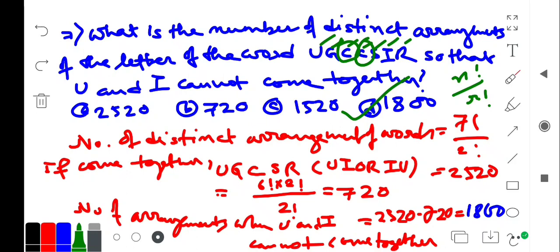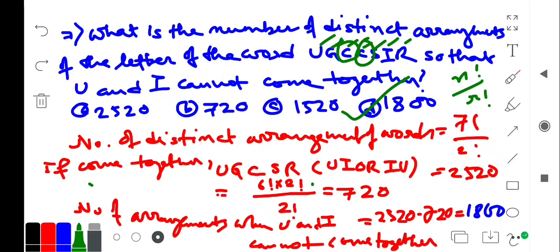Now we take an assumption, suppose যদি এখানে বলছি you and I cannot come together. এবার if you and I must come together, in that case we can arrange UI as UI or IU. Okay, UI or IU. So we have to use